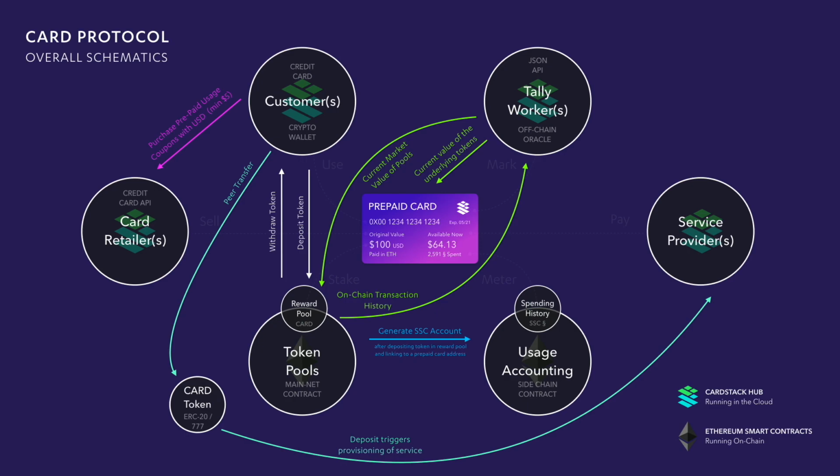prepaid card. Now, for people who do not have a token to deposit, you can buy a prepaid card, not buy the token. You can buy the usage, the prepaid card, which allows you to use the network from a retailer. So net, the customer goes to the retailer, the retailer gets, here's a $100 card. So you can buy this prepaid usage coupon with, let's say, a minimum of $5 USD.